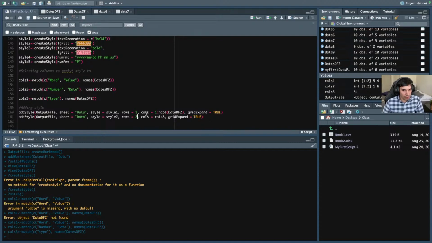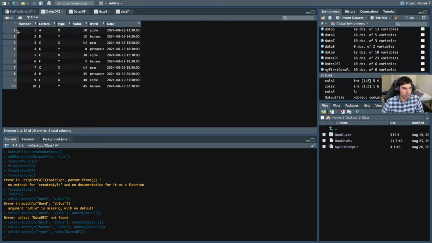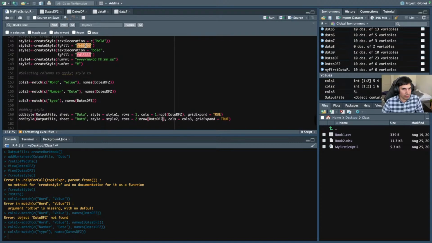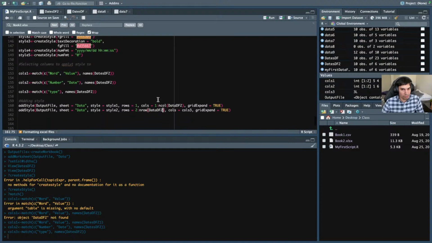Actually here, rows 2 to end row, then it's gonna be data df2, because we want it to be applied to basically all the rows. So from row 2, column 3, yeah, it's column 3, then it's gonna apply this particular style 2, which is the orangey kind of color, to all that. Okay,